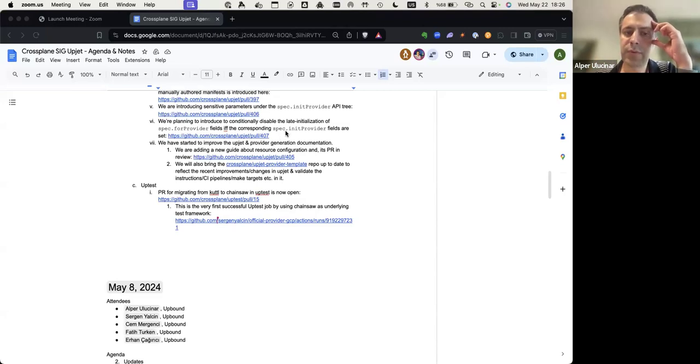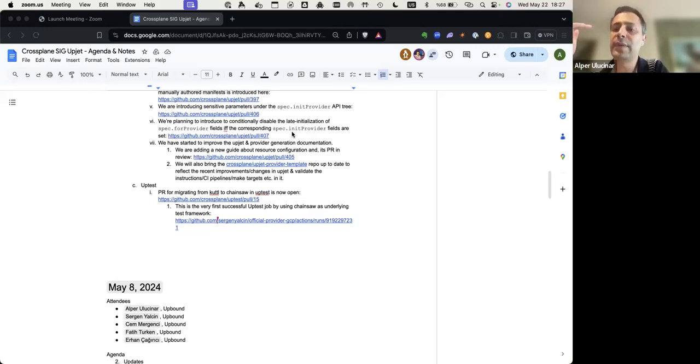And what we are going to add is a configuration option so that you can disable late initialization for the spec.forProvider field if and only if the corresponding spec.initProvider field is set.